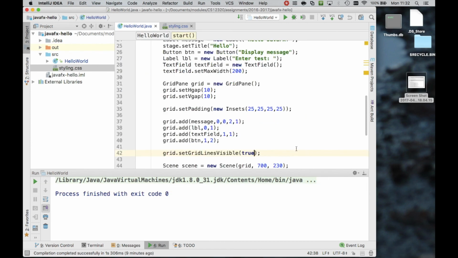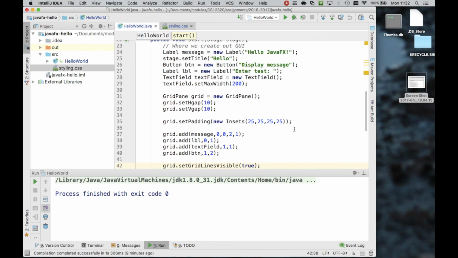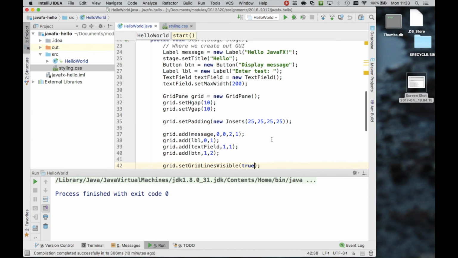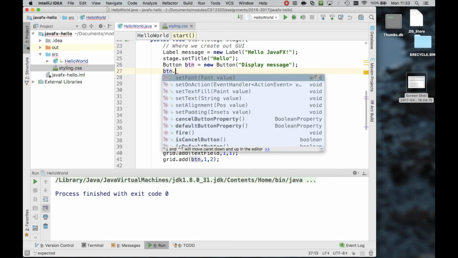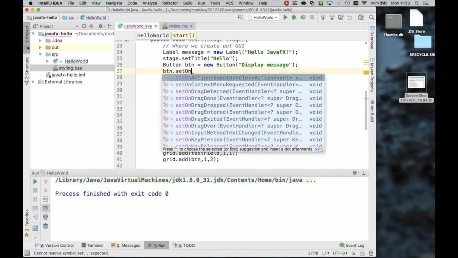What we have to do in here is to style the button. No, we don't. We have to set the text. Oh yes, we have to put the action on the button. Sorry. So let's do that up here. Button dot set on action,